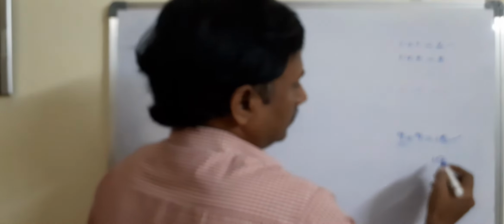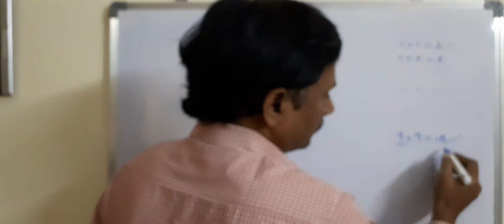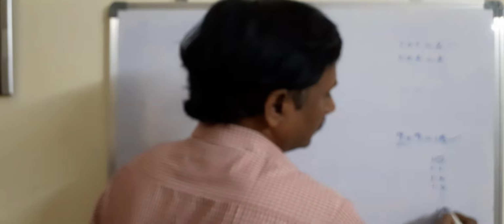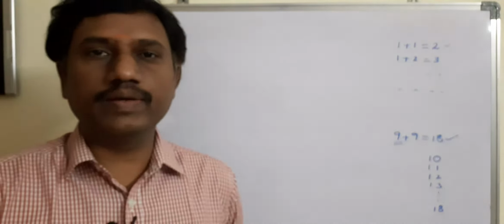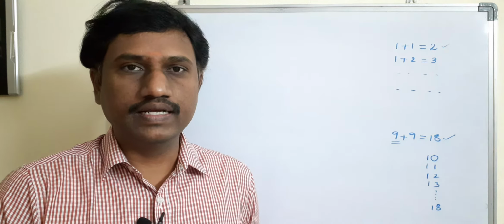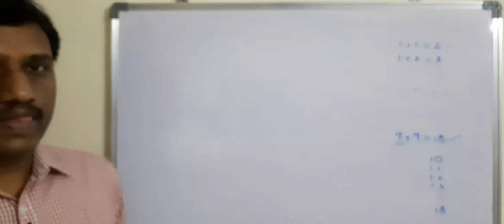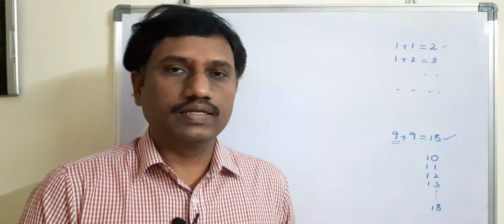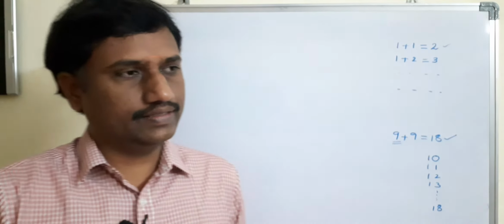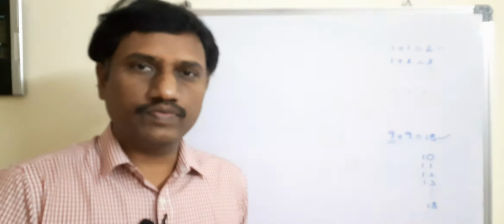Here we have the combinations 10, 11, 12, 13 and so on up to the last number, 18. Okay. How to remember? Suppose in the addition we have 5 plus 5, 10 you should have in mind. Suppose 6 plus 7, 13, 7 plus 8, 15, 9 plus 9, 18, 9 plus 7, 16, next 7 plus 5, 12, next 8 plus 6, 14, like that. If you can remember those values very quickly, you can do the addition.